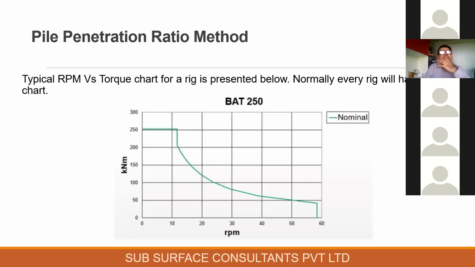Look at this graph. A typical RPM versus torque chart is presented below. You can see that when the RPMs are high, the torque is very low, and when the RPM go on dropping, you can see torque increases. This is very similar to what we do in car driving. In the car driving, when you are actually having first